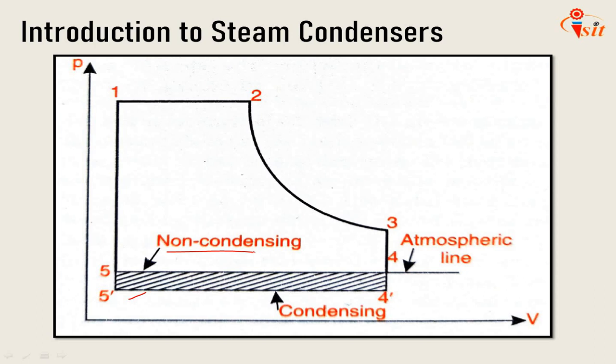The thermal efficiency of a condensing unit therefore is higher than that of a non-condensing unit for the same available steam. Also, it supplies to the boiler pure and hot feed water, as the condensed steam which is discharged from the condenser and collected in a hot well can be used as feed water for the boiler.